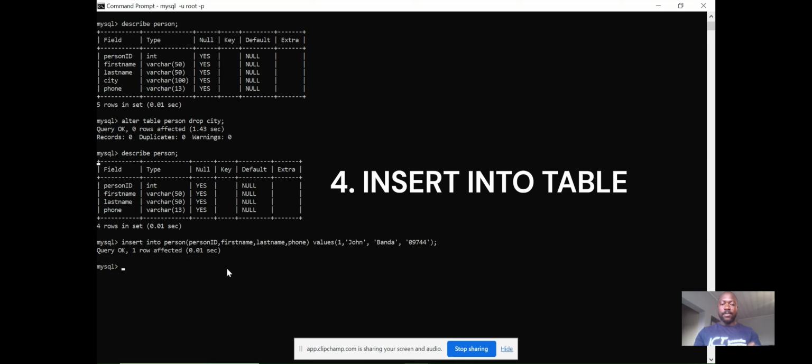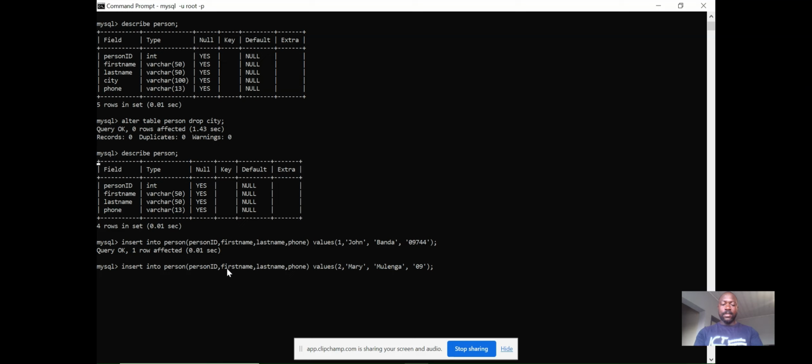Let's try to enter some more data. I can easily click the up arrow to see the previous command I'd entered. Then I can just edit this to say 2, and then I say Mary Nga, and then the phone number I can just say 09590. And then if I want to enter more data, I can easily put a semicolon here, put brackets again, and say 3, comma, and then I'll say